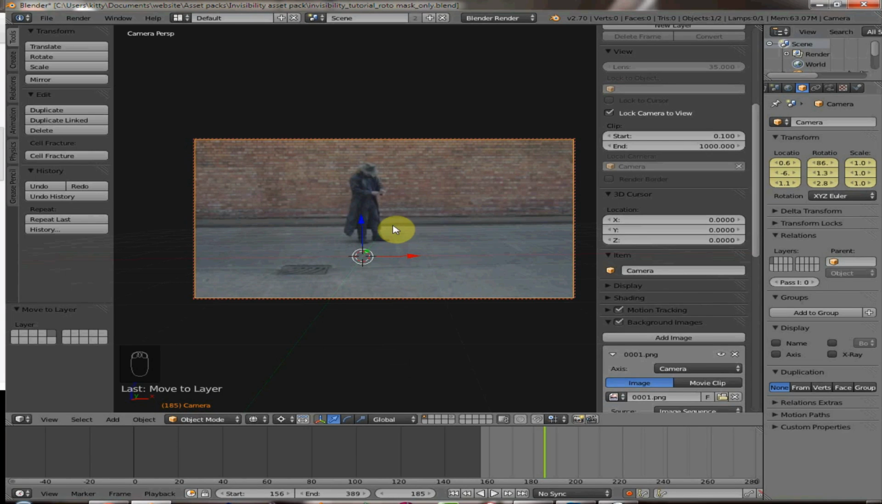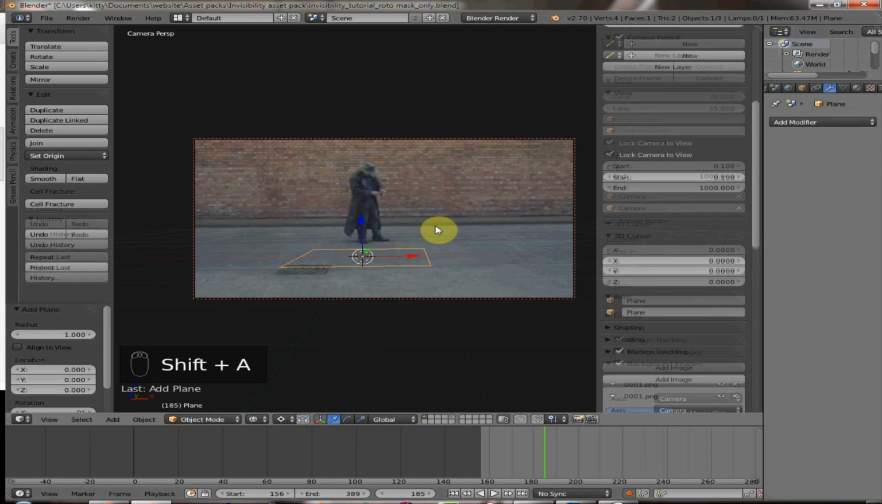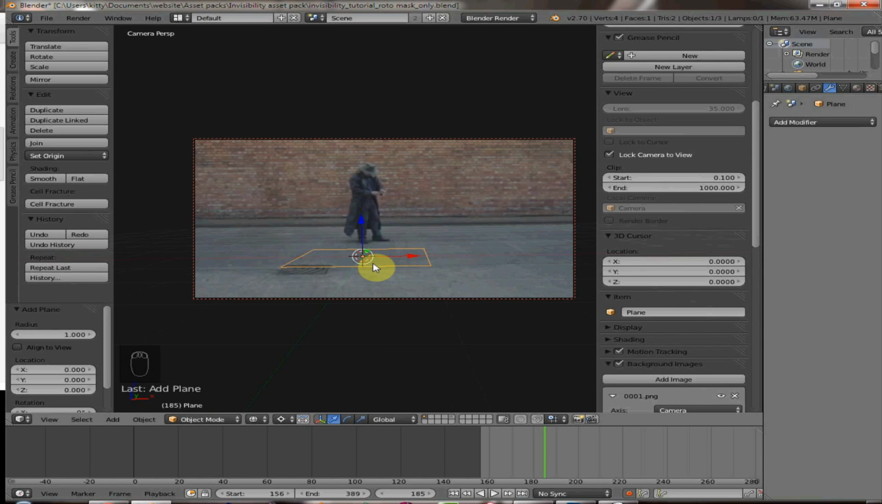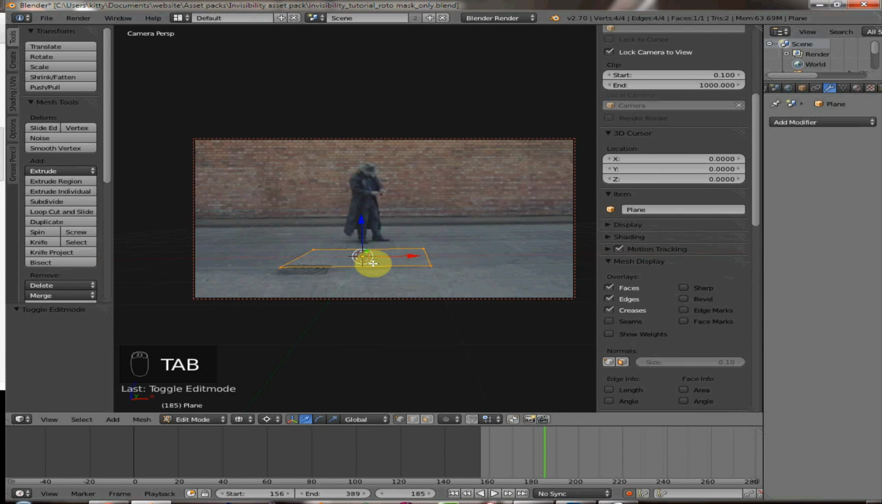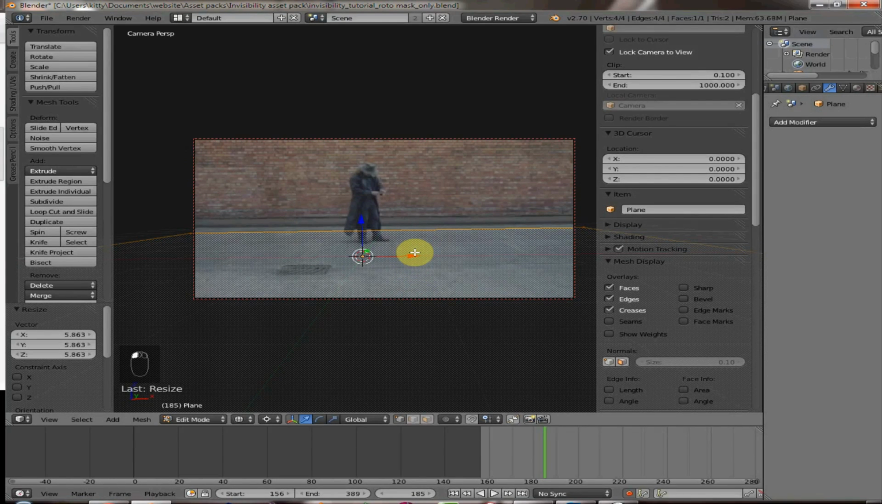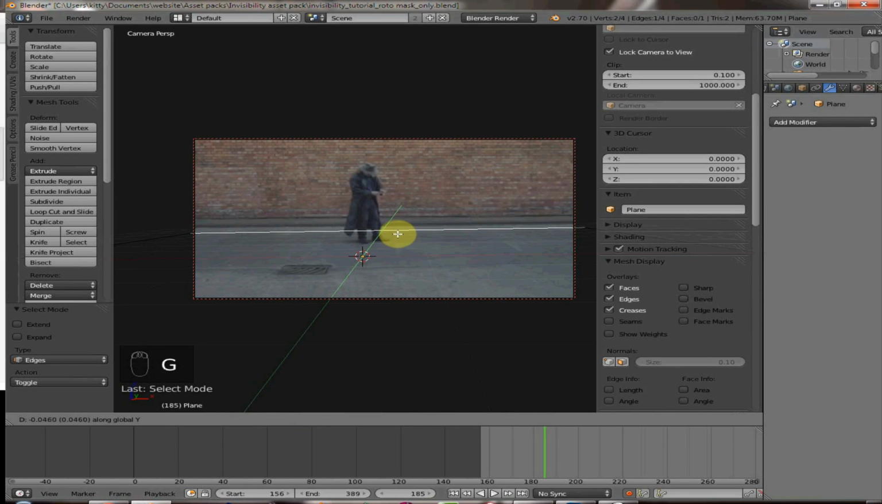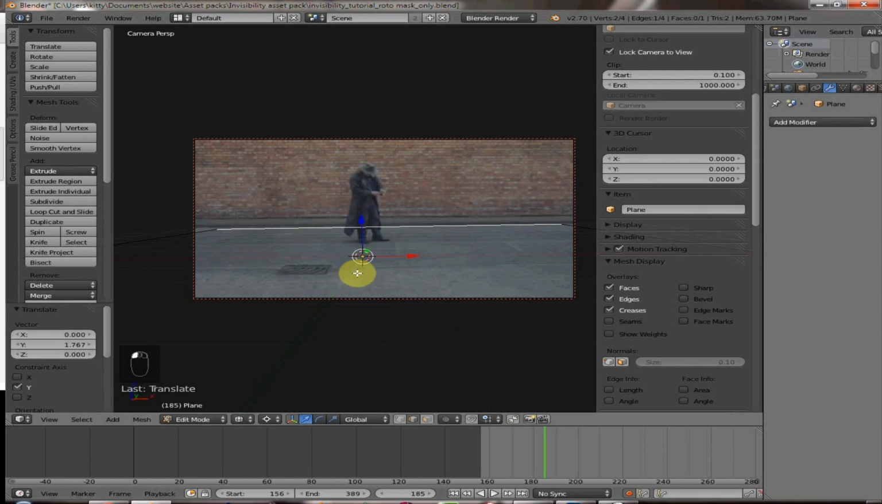So if I press Shift A, add mesh plane, and that puts a plane on the floor. I press Tab into edit mode and press S to start scaling it up. And yeah, that's big enough. Now if I press Control Tab and choose Edge Select from the selection menu, grab that back edge and press G Y, and I'll drag it right to the edge, and you can see we are just slightly off,